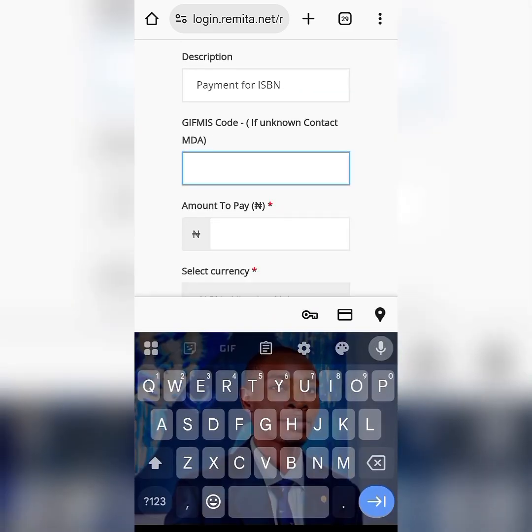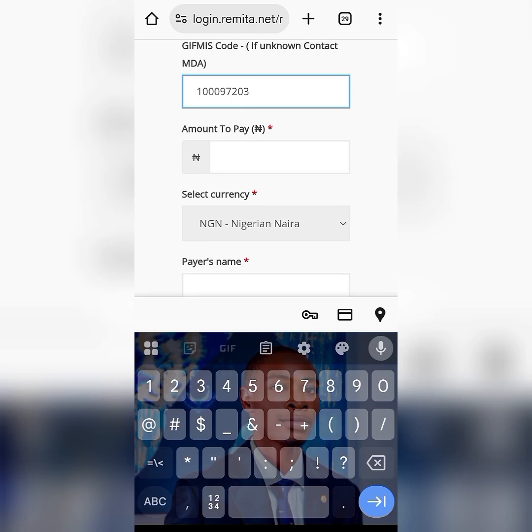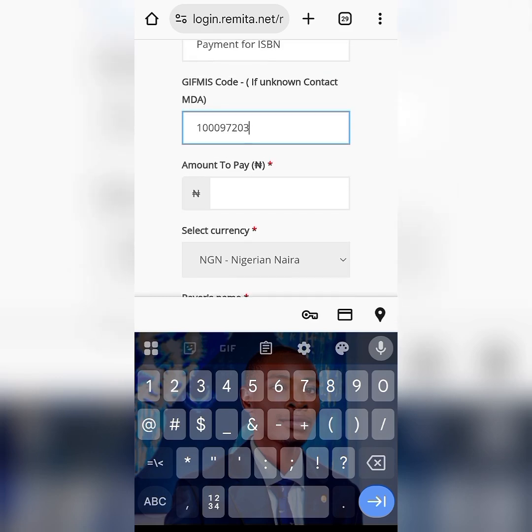The general code for getting an ISBN, which is the Give Me code, is 100. So this is the general code. So we are using the general code, but you have to use your state one, depending on the state you are going to apply for your ISBN.